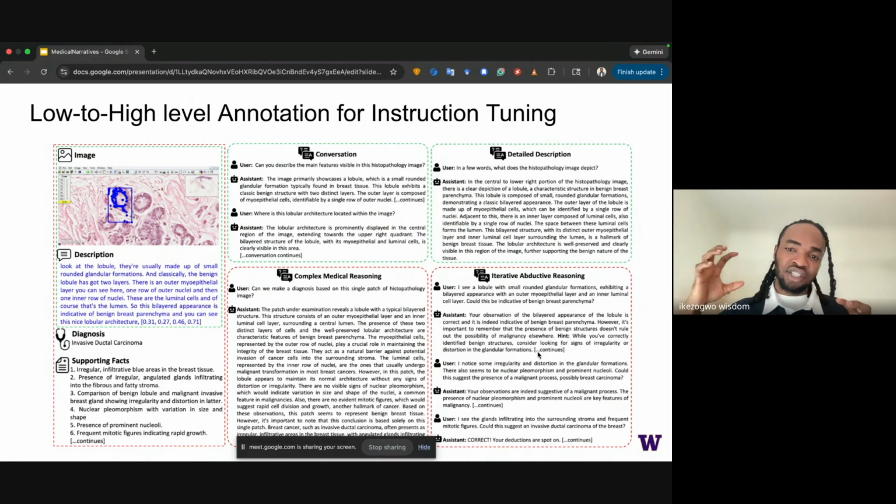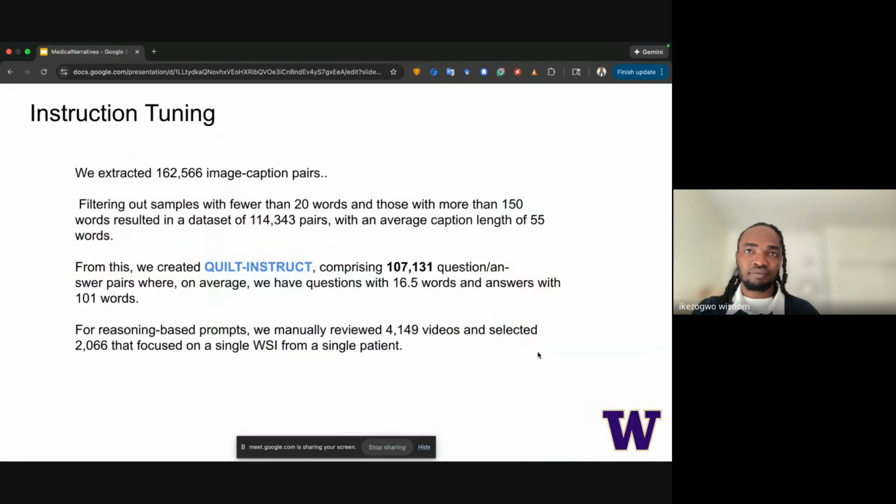And the teacher or the guide LLM was tasked with guiding that student towards the diagnosis without giving out much more than hints, which we collect from the supporting facts for that particular case. So this system simulates an educational system and the ability to reason progressively towards a high-level diagnosis.